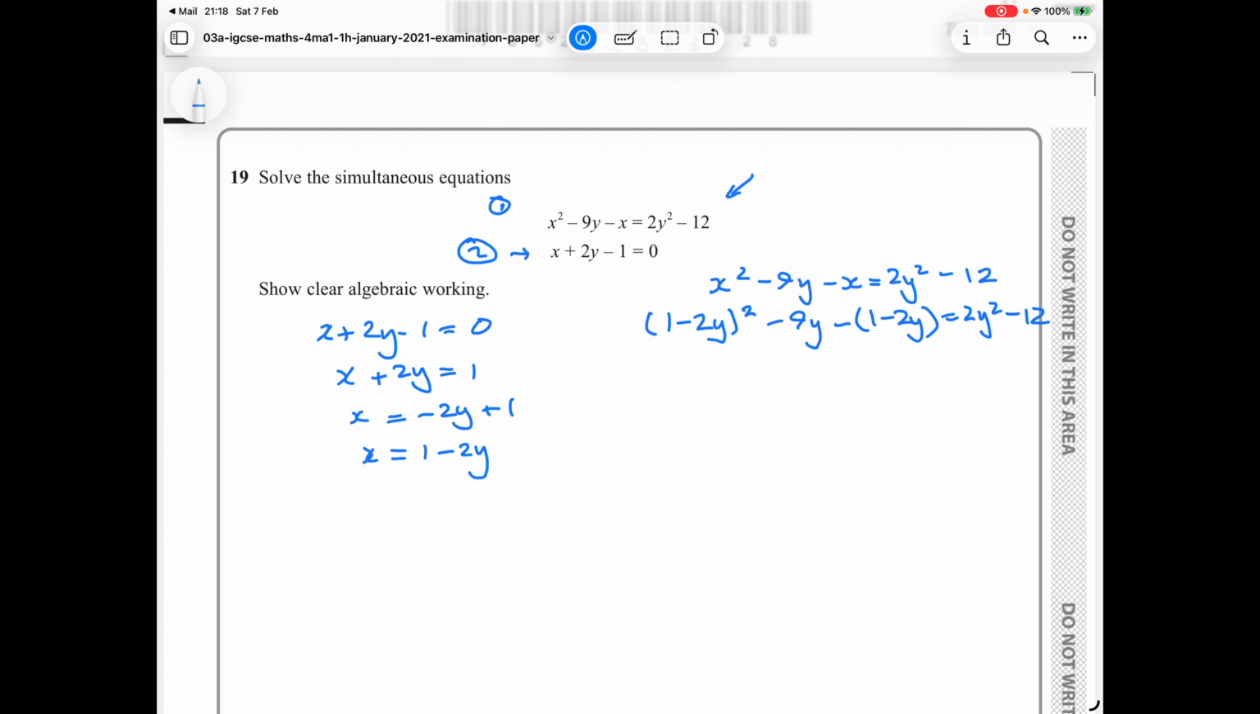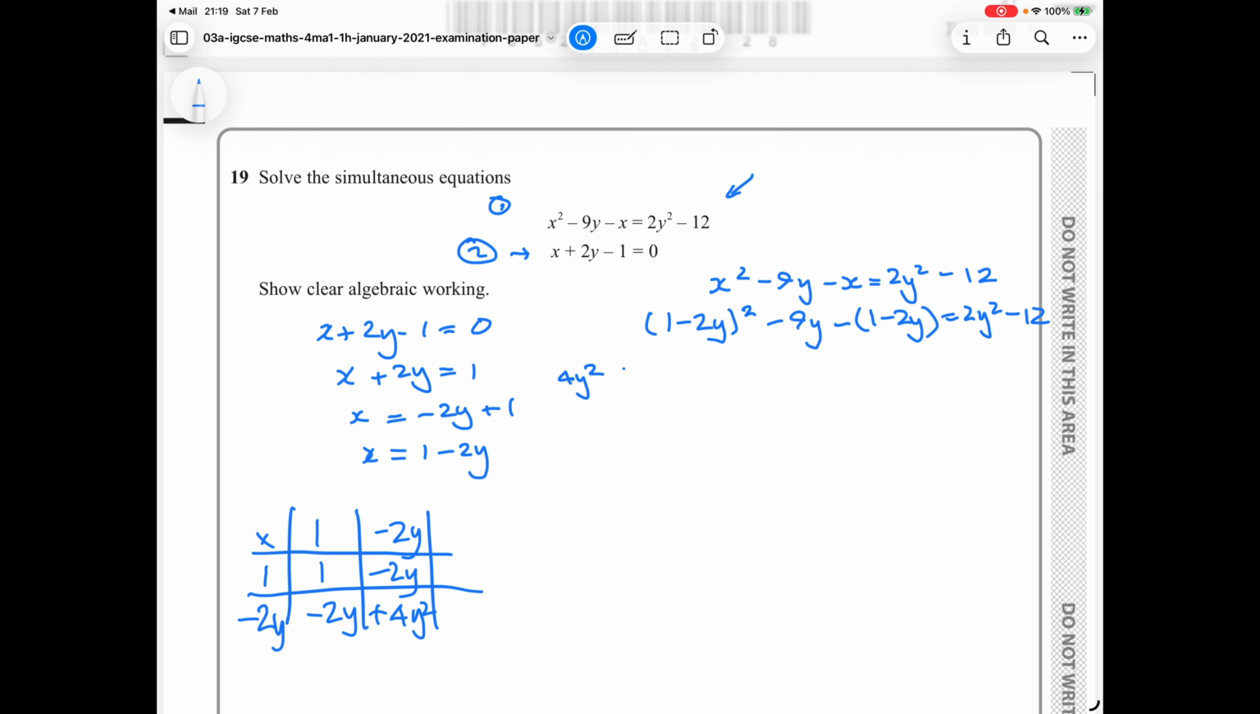And now we're going to do a little grid to make sure we don't leave anything out. 1 minus 2y, 1 minus 2y. Here we go. So 1 times 1 is 1. 1 times minus 2y is minus 2y, minus 2y. And then minus 2y times minus 2y is plus 4y squared. So here we get 4y squared minus 4y plus 1